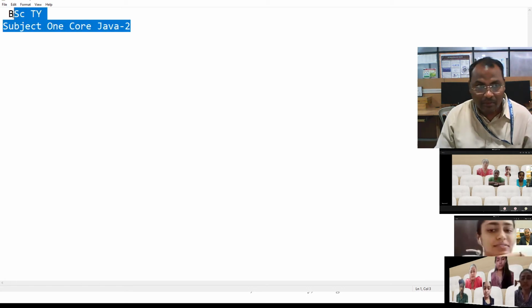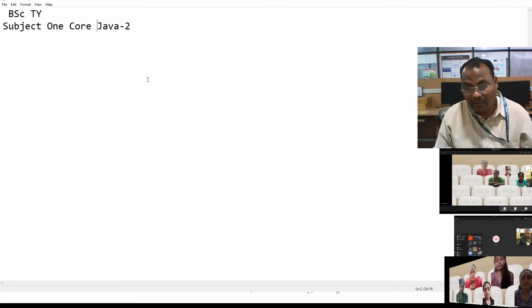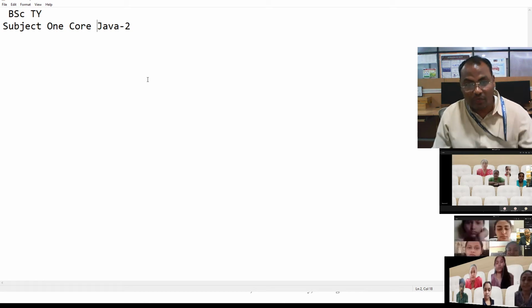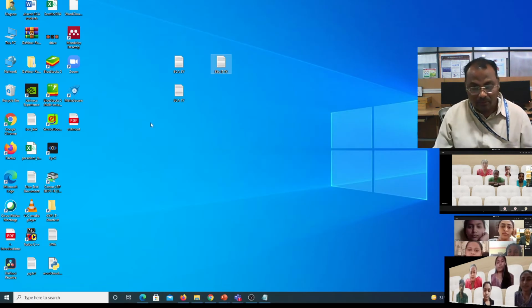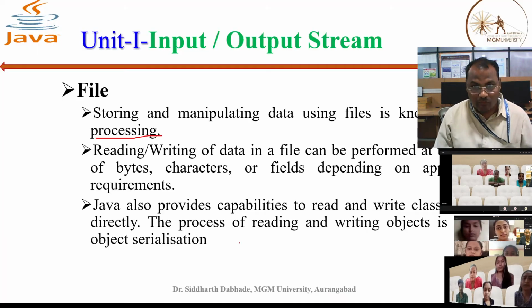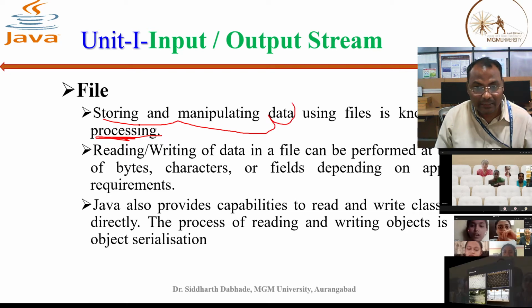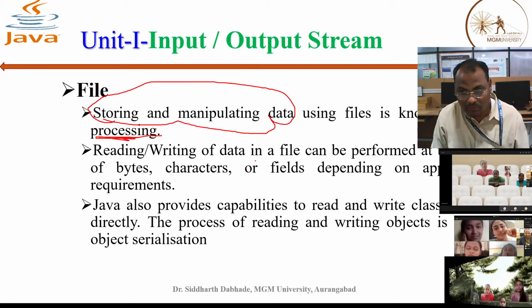But this is the manipulation. What is this? This is data manipulation. Storing and manipulating data in the file means file processing. File processing means storing and manipulating data, right? Is it understood?